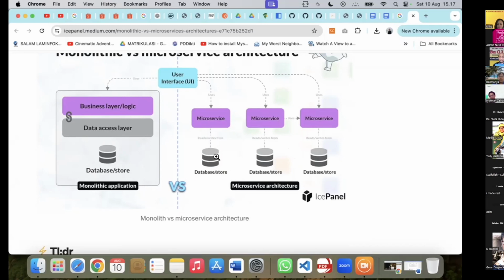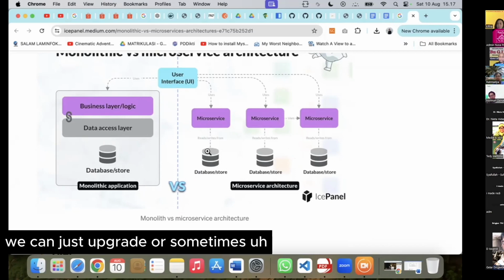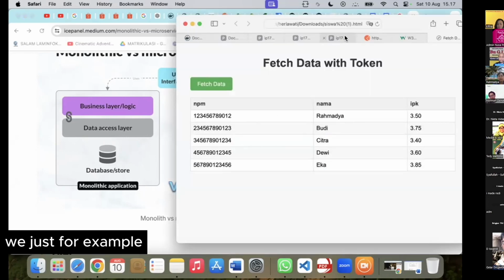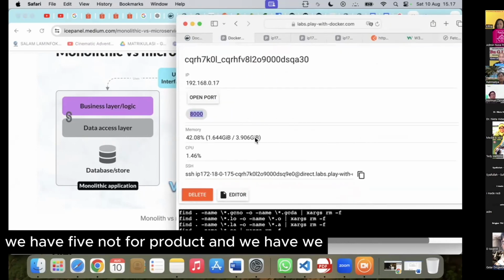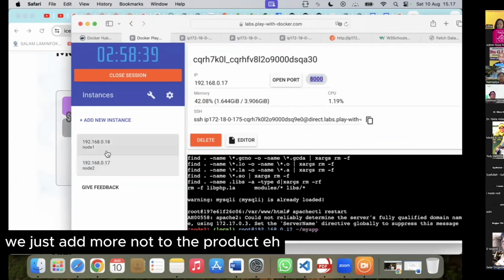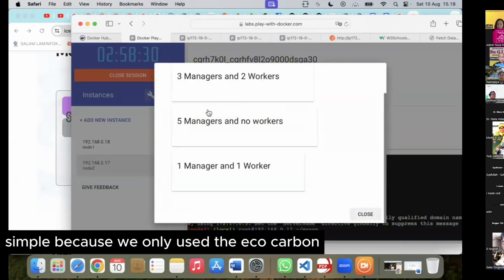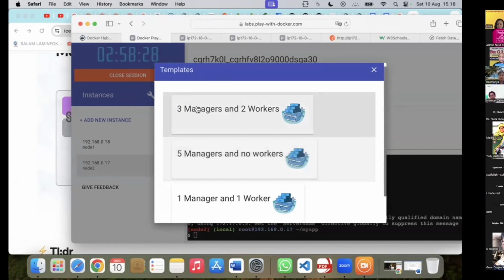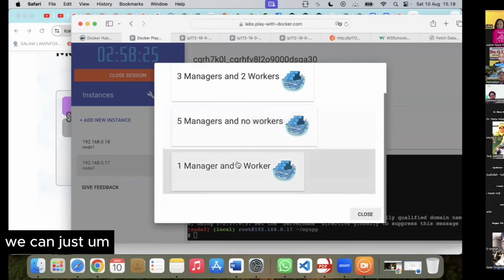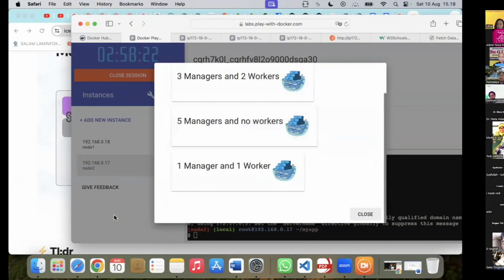So we can just upgrade it, or sometimes the product table has 1, 2, 3, 4 nodes. For example, we have 5 nodes for product, and we just add more nodes to the product, simple, because we use Docker here. Then we can just add a node here.